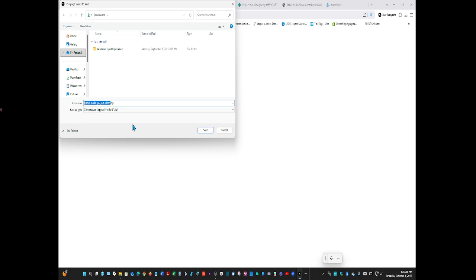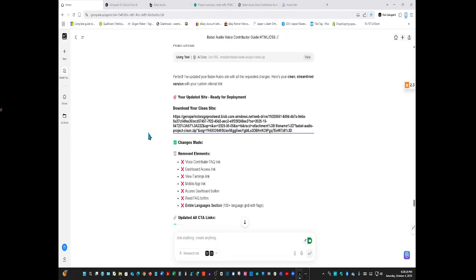Why'd you make it a zip file? Okay, I'm going to go like this. Index.html. We'll save it. Yes, I want to replace that.